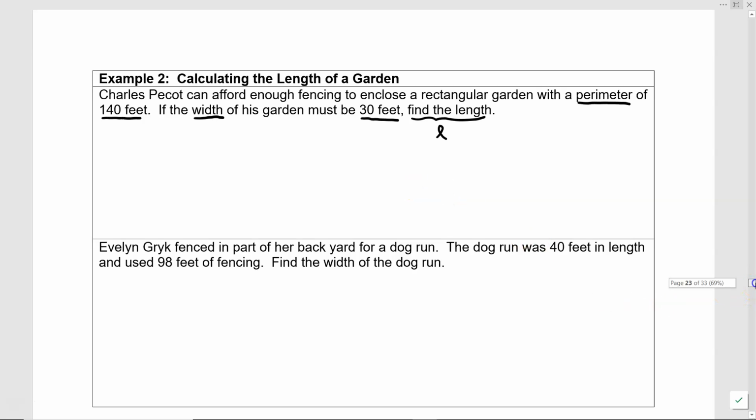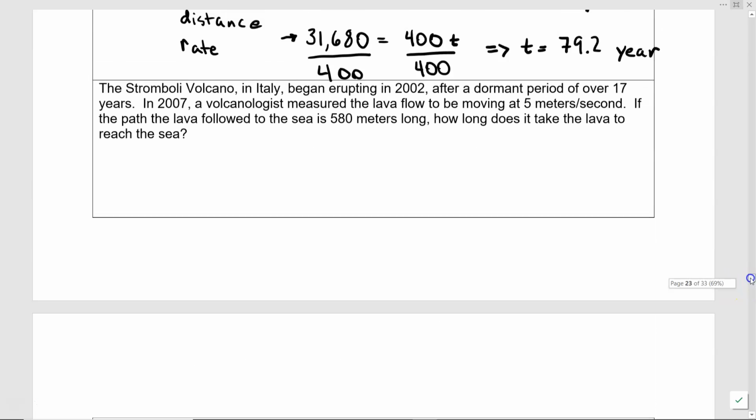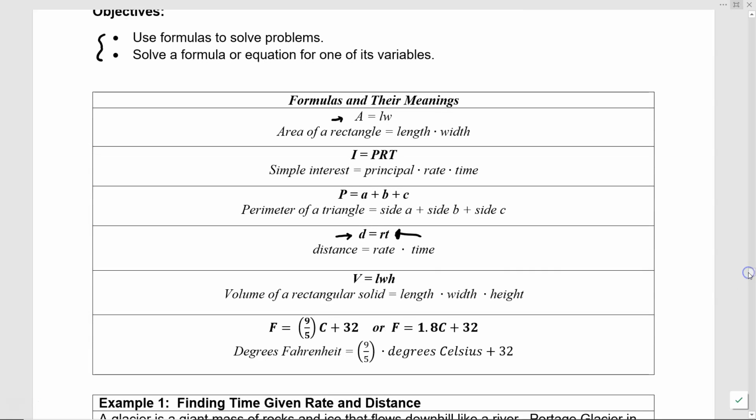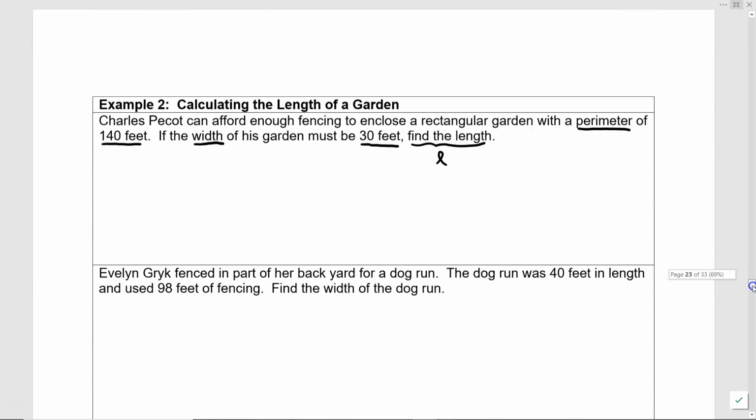If we scroll back up to our formulas that we have, we see that we have a perimeter right here, but this is of a triangle, so it has 3 sides. Whereas the perimeter of a garden that they're talking about in that problem is going to be the length plus width plus length plus width, or perimeter is 2L plus 2W. So I guess we didn't have to go up here, but I thought it was here. So let's go back down to our example